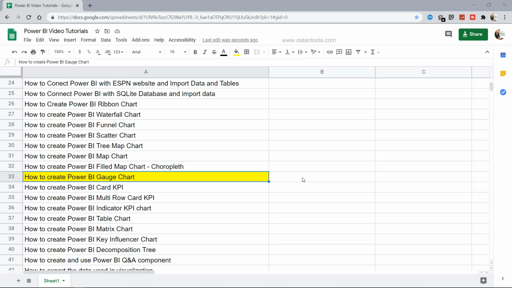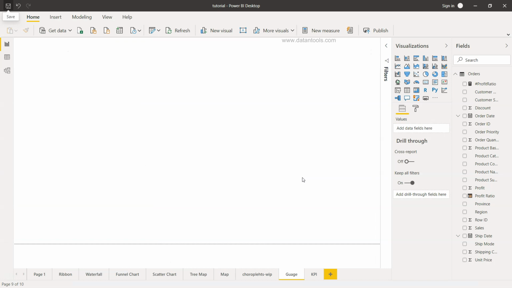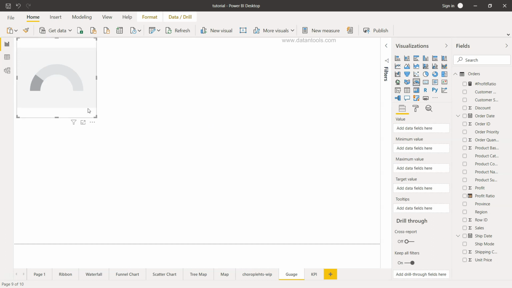Alright, now let's go into Power BI and see how we can create a Gauge chart. Alright, so here we are within Power BI and we have the Gauge chart over here. The Gauge chart is like the one I mentioned, sort of a dashboard that you have within your car. It's sort of a speedometer that is basically present in the form of a gauge. Now we need to add a couple of parameters, like what should be the value, what should be the minimum, what should be the maximum, target value, and so on and so forth.